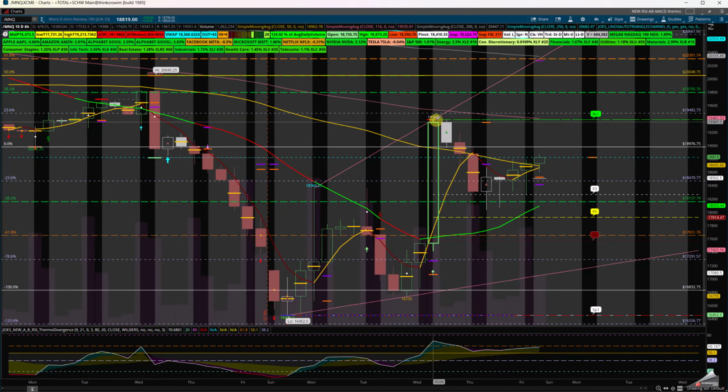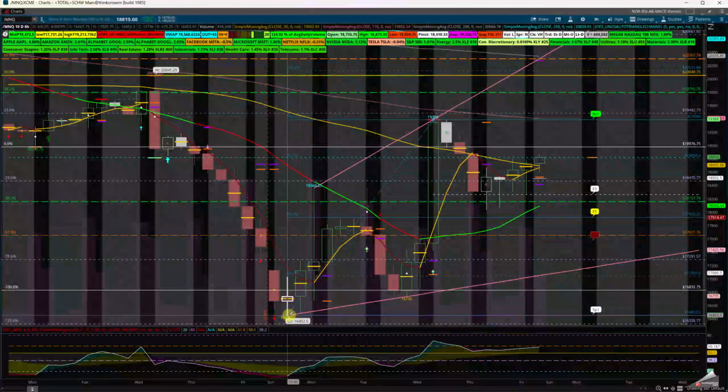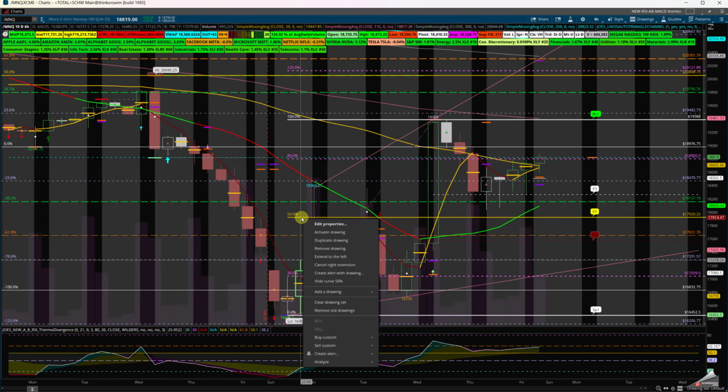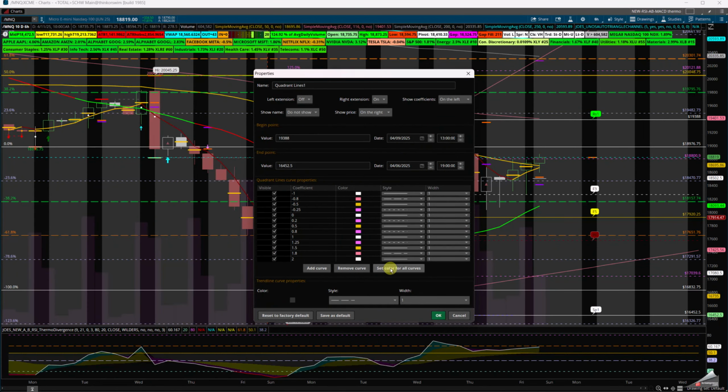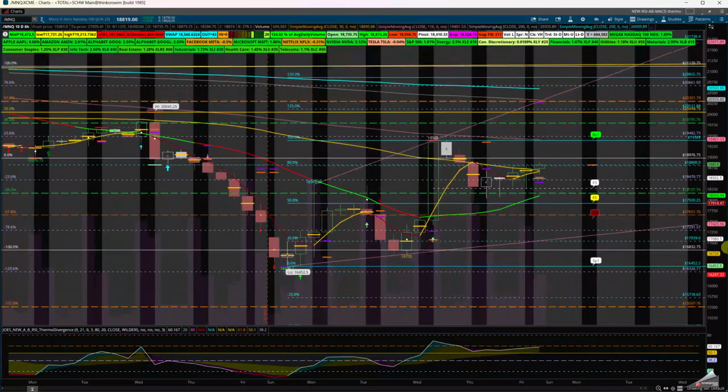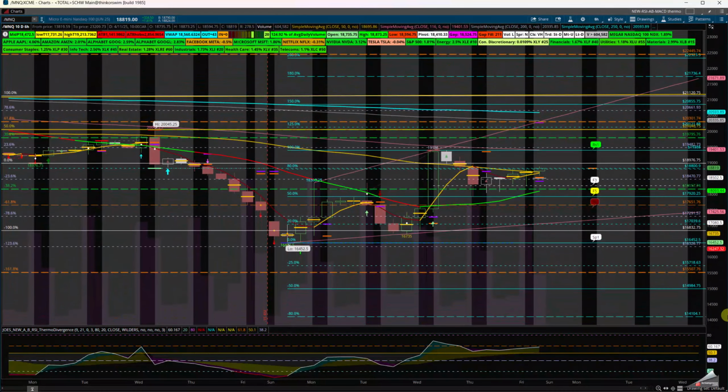This is my high and my low for the week. This is my Sunday low. Okay, everyone, this is my measured move. What I would do is get a different color, edit the property, and make all this go to blue so everyone can recognize the levels. You can see the highs and lows and the extensions on the micro Nasdaq 100.